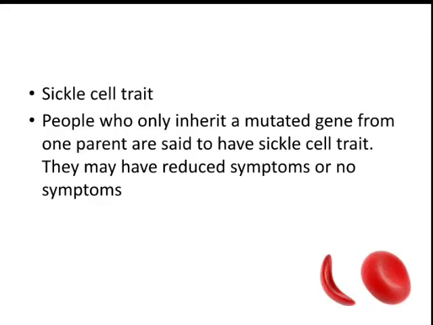There is another type called sickle cell trait. Here the patient will not show any signs and symptoms of sickle cell disease, but they will have a gene which is inherited from one of the parents. That is called sickle cell trait. So they may give it to their generation also, but they may not have the disease, but they may have the trait in their gene which can be given to the next generation.